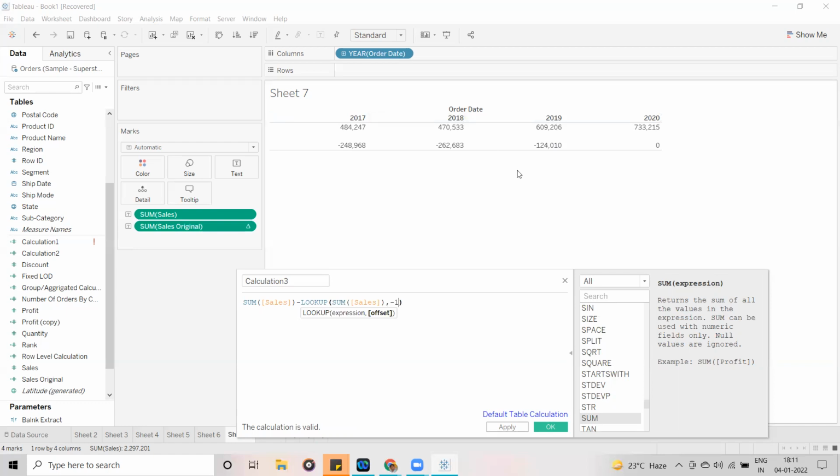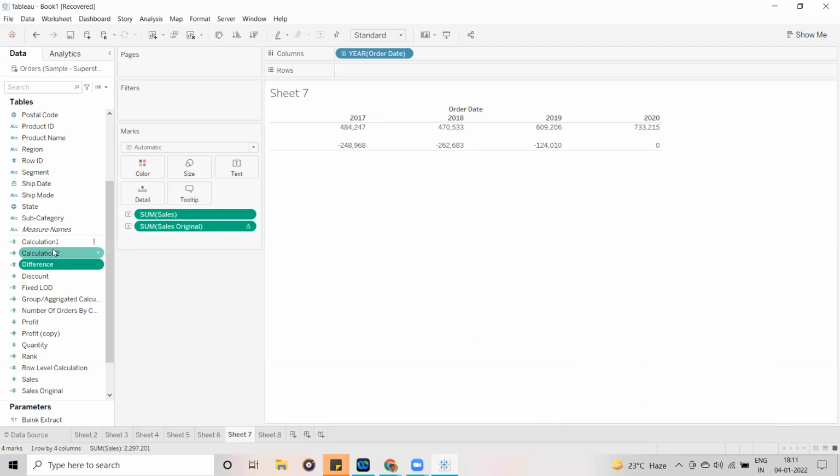Okay, so now here you can see, I'm going to click on okay. Difference. So I'm clicking on apply. Now guys, I'm going to use this in a text. Now you can see whatever we received while using this option, the same values we got, right? So this is how we can write the calculation.